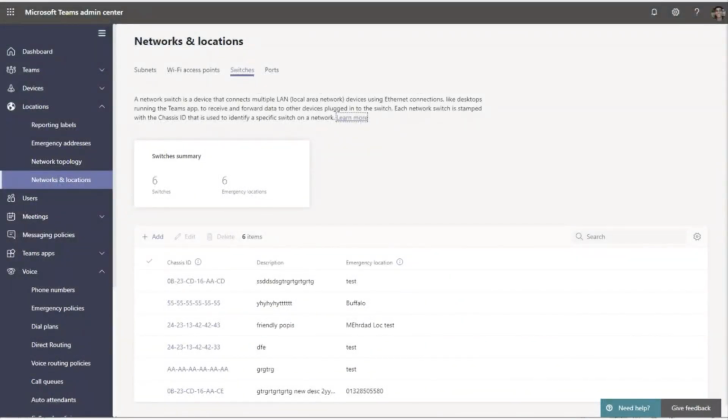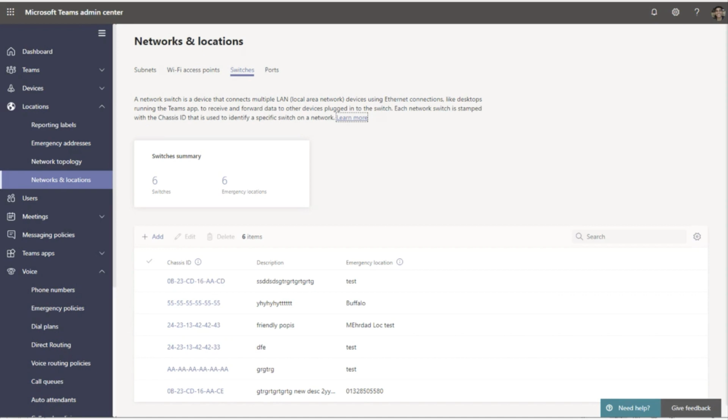routed out. So first, from kind of the networks and locations perspective, here I can define at a bunch of different levels of granularity, right? So generally a subnet in a corporate environment isn't going to span a whole building, but it may span a floor, it may span a couple floors. A Wi-Fi access point is a little bit more granular, whereas a switch off of a port could lead directly to somebody's endpoint. So you can have these different levels of granularity, and frankly, different customers have different requirements on this,